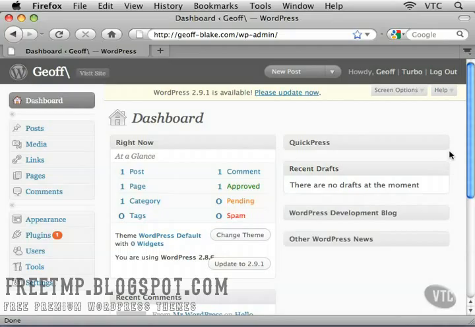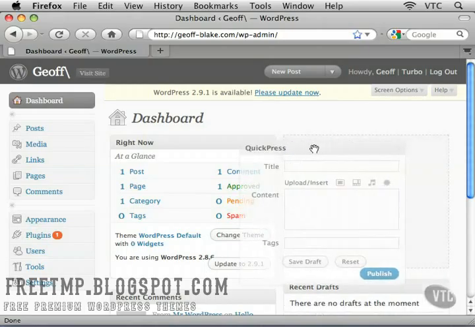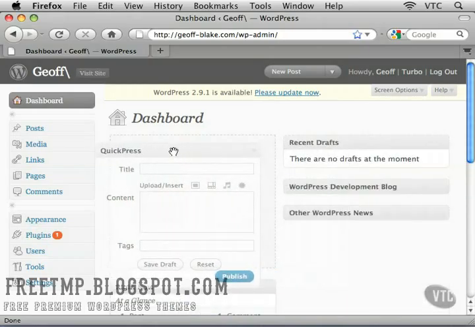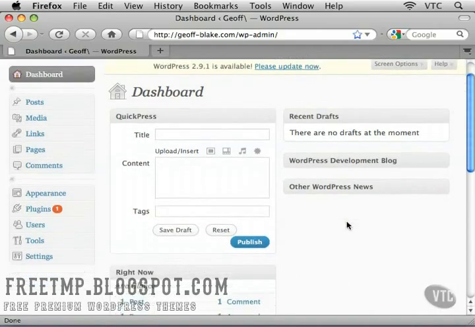Well, as it turns out, you can do quite a bit. What I could do, for example, is maybe this Quick Press module. Maybe I don't want to have him sitting on the top right of my dashboard. Maybe I want to have him sitting over on the top left of the dashboard interface. Well, what I'll do is I'll take this Quick Press title bar here, I'll click on it and drag. Now notice this dotted frame here shows up as soon as I drag him over to the left. And when I see that dotted frame, if I let go of my mouse, that essentially reorganizes my modules, my